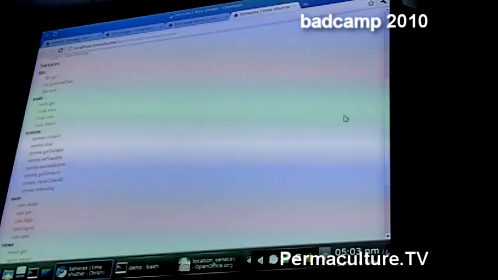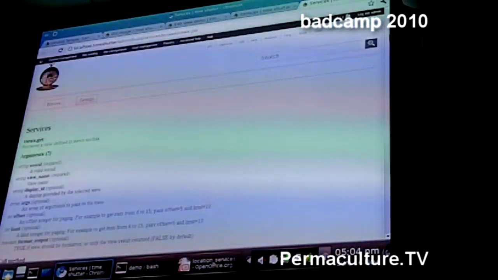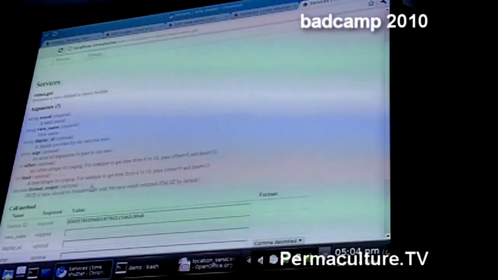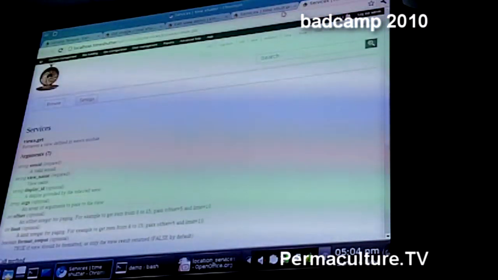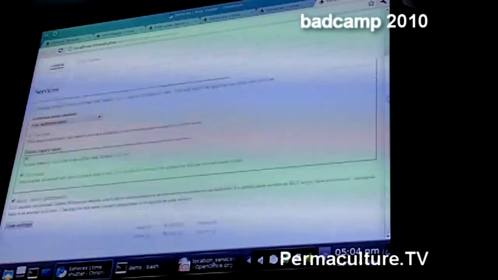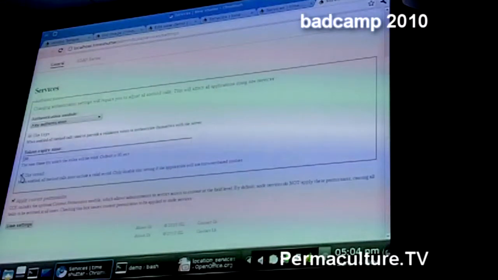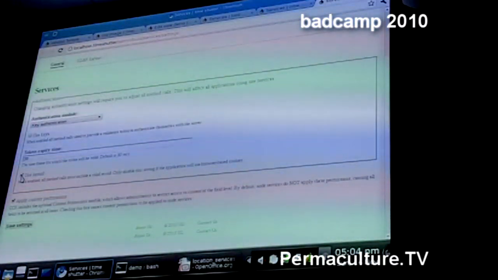And these are the services that are available. I probably enabled them previously. And the one that we're interested in is views get. So these are the parameters it takes. But before we call views get, first of all, I've configured my services module to require a session ID. It's not necessary for this example, but I just like to do it